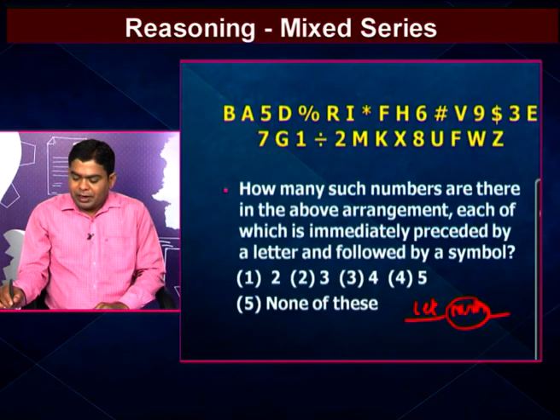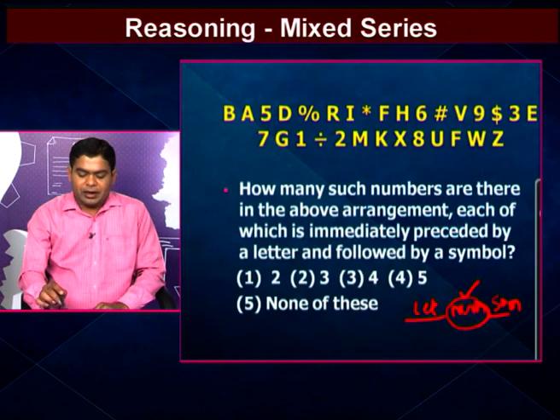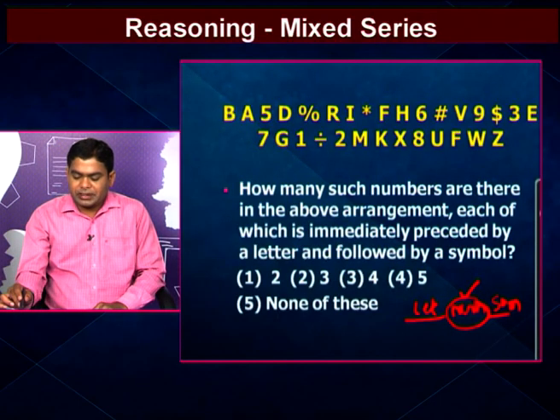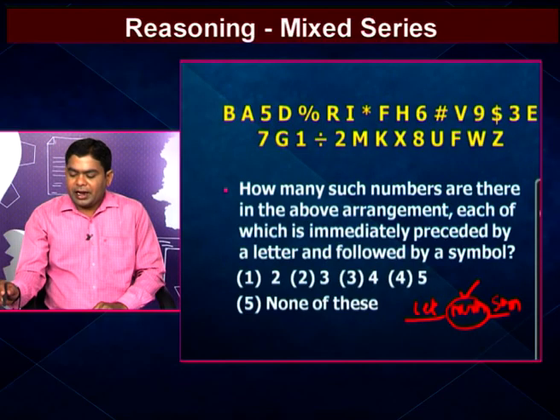So we go to a number and verify that the left side must be a letter and the right side must be a symbol. Here the 5 is not satisfying the given condition. After that we go to the next number, that one is 6. Here the left side is a letter as well as the right side is a hash, that means we count the 6. So one element is there. After that we go to the next element, that one is 9. Here the left side is a letter and the right side is a symbol, that means that one satisfies the given condition.